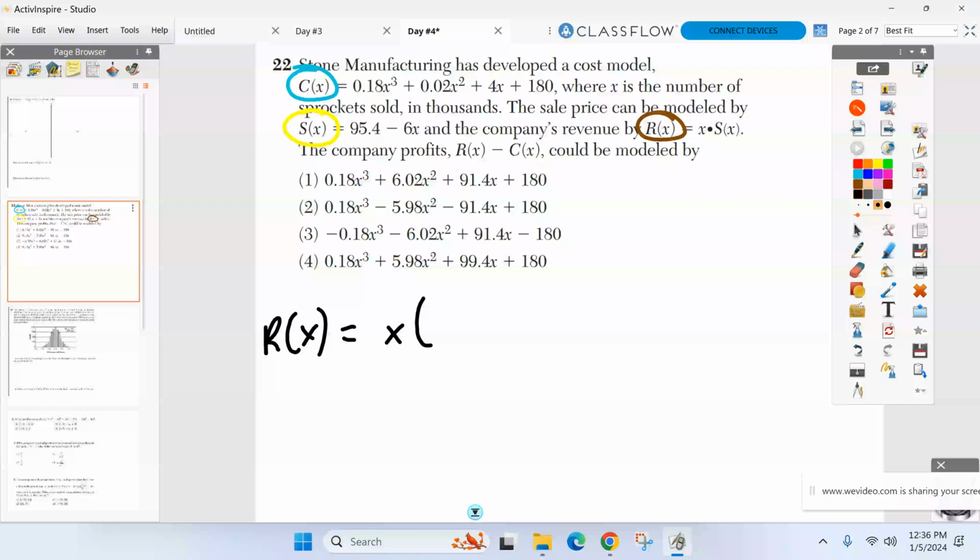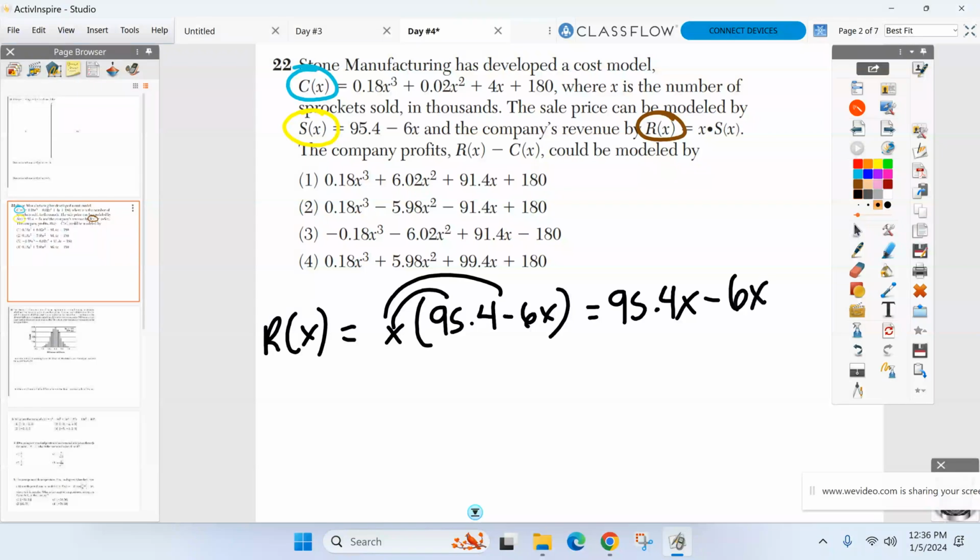So you go through the problem. S of X was 95.4 minus 6X. So if you want R of X, you have to take just X and multiply it by the S function, which is this one here. So I'm going to distribute. So R of X is going to be 95.4X minus 6X squared. So there's R of X. Good, so how I got that. Sure? Okay, now it's asking me for R of X,